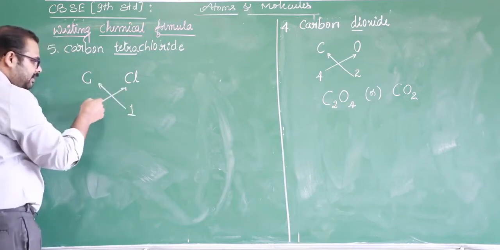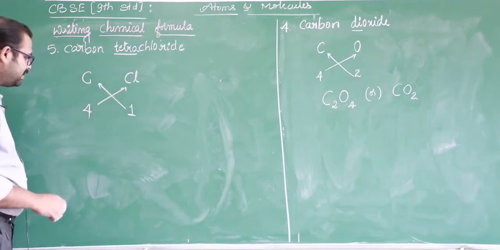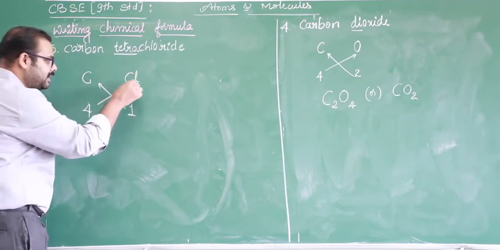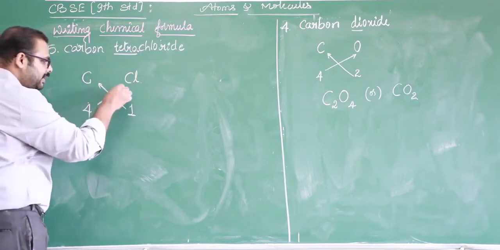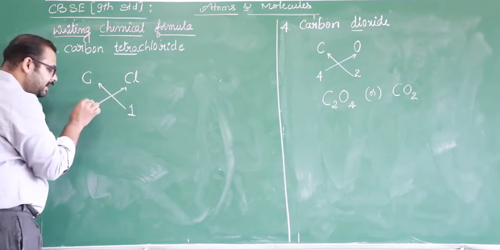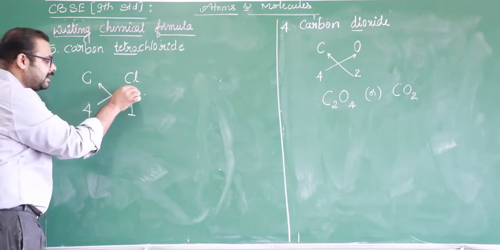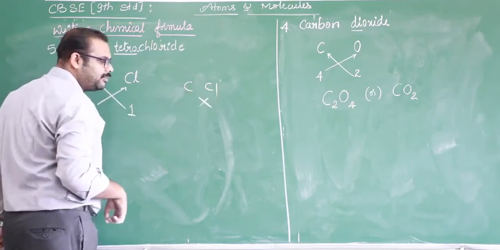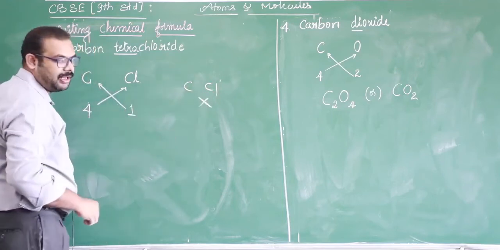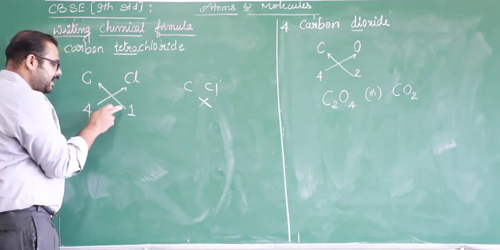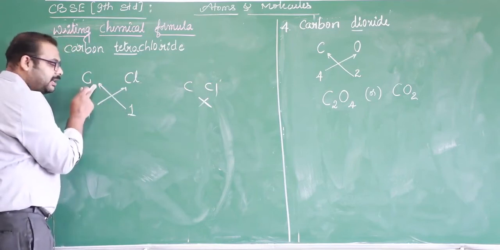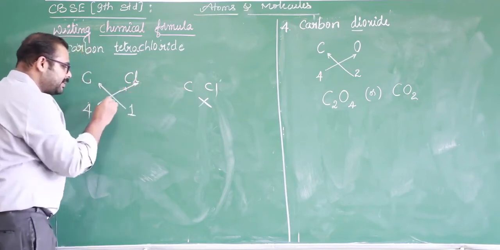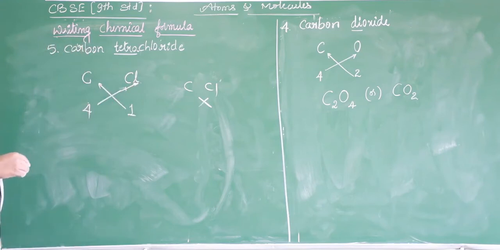While we are using this arrow mark, it means the valency has to go at the bottom, the base of the respective element. We are not simply writing this. It is indicating that it has to go there. Sometimes many students just write the symbol and simply put it in, and they write the wrong format. So this indicator, the arrow mark, shows that this valency has to go here and this valency has to go here. That is the representation of showing the arrow mark.